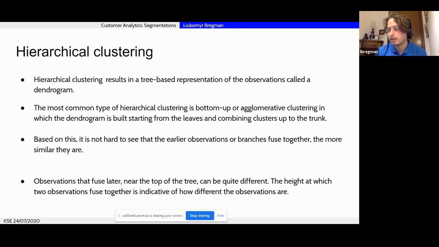In each of them, you get such a tree-based dendrogram, where you get a cluster, cluster of clusters, cluster of clusters of clusters, and so on. The most popular method is called the bottom-up approach. As I just discussed, you start from each specific point, connect them together, connect them together, from the bottom, and you go up. It's also called agglomerative clustering.